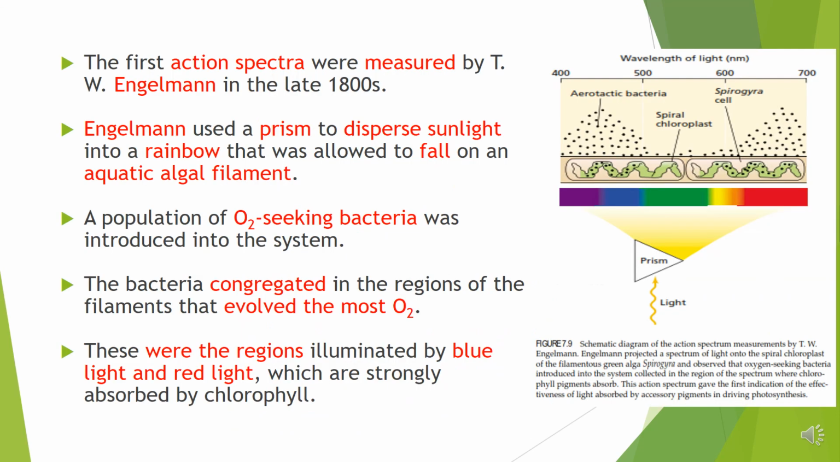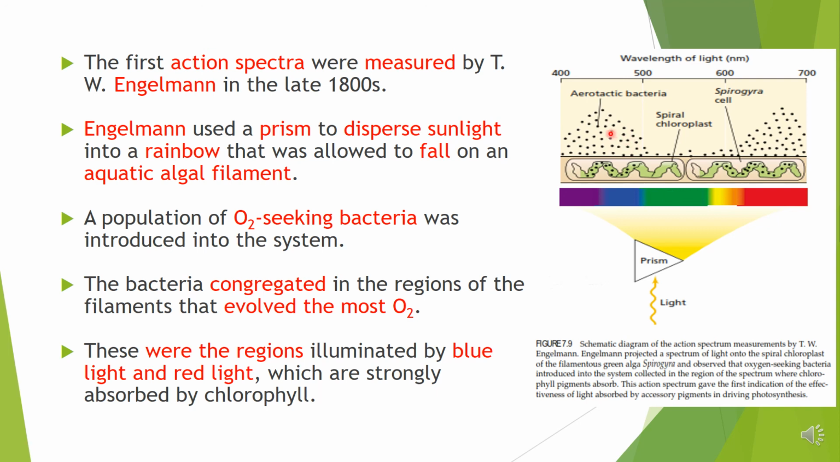biological processes also. Now this is a simple experiment performed by Engelmann in the late 1800s, indicating the action spectrum. For this purpose he used a prism. He dispersed the sunlight into a rainbow, composed of 7 colors, and those 7 colors were used for the purpose of photosynthesis in filamentous aquatic algae. The filamentous algae were placed in front of the dispersed light coming from the sun, whereas on the